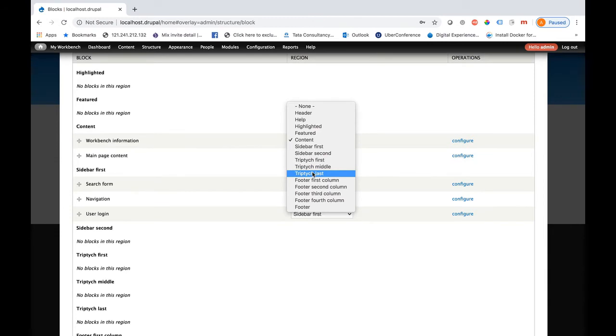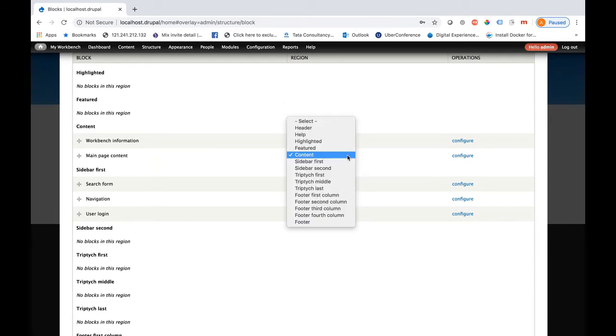For now, for simplicity, you understand that these regions are created from one of the files. Once you assign any block, it will immediately be reflected in that particular region. These regions are static, created when the theme was created.